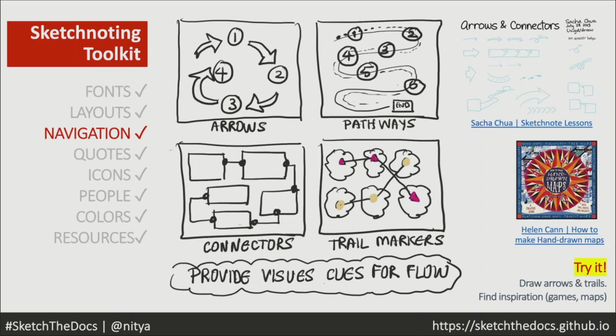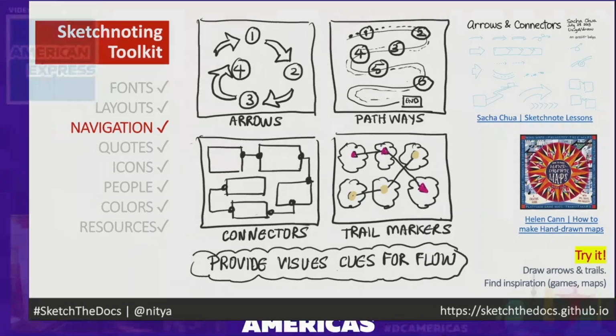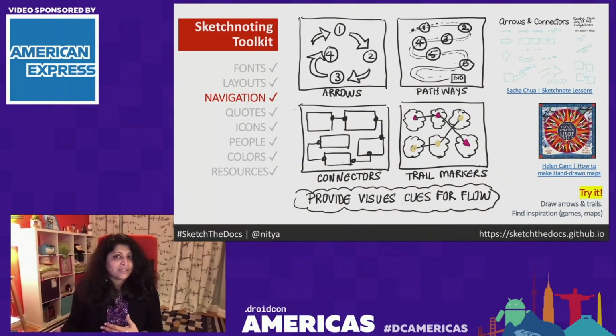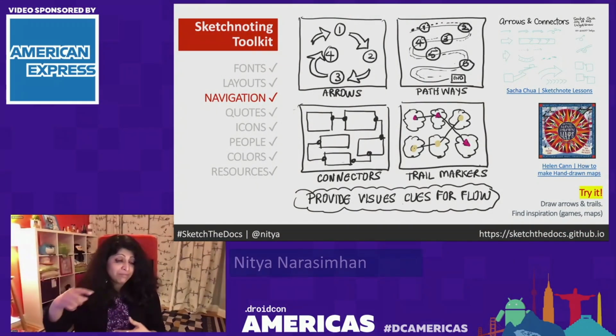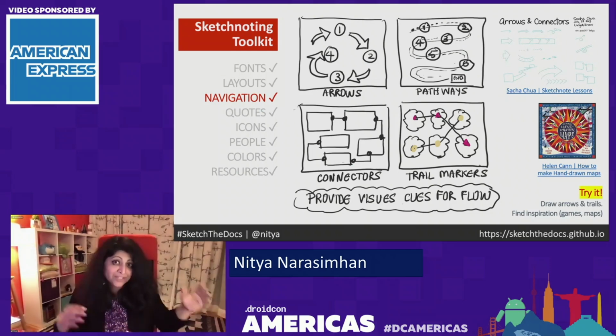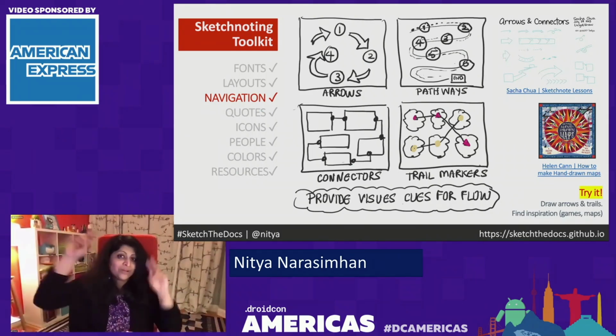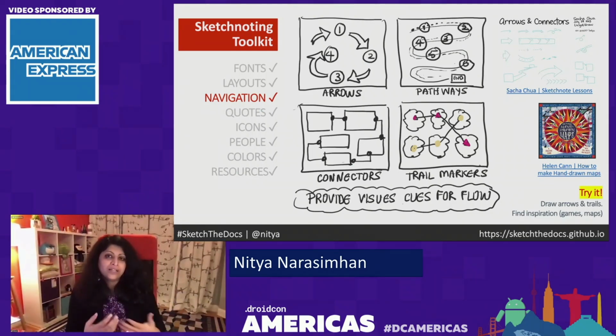But what I really want to point out over here is that navigation is really to give them visual cues for the flow, allow folks to kind of follow their path around that sketch note. I tend to use arrows with numbers. It's the easiest thing. But as you get better, you can try whimsical stuff. Like I literally made a sketch note that had a snakes and ladders theme. And recently I made one which had a Mario style theme where you are hopping levels as you kind of leveled up. So you can get really creative.